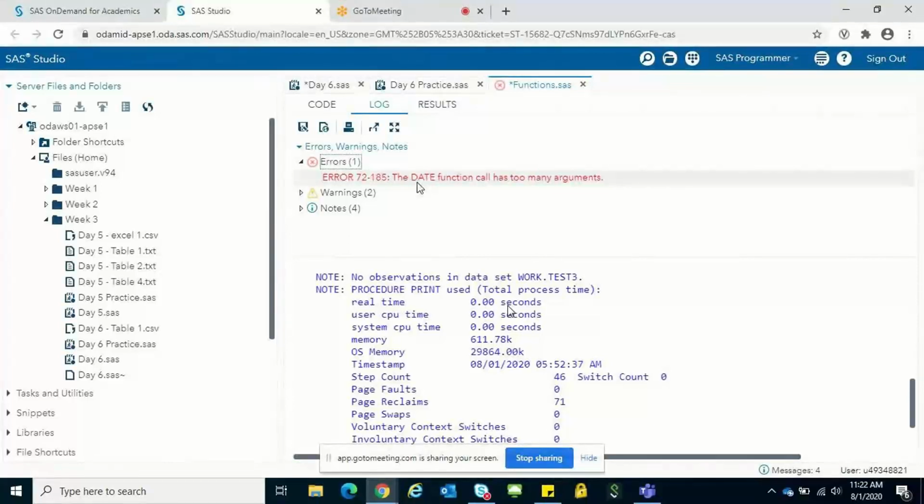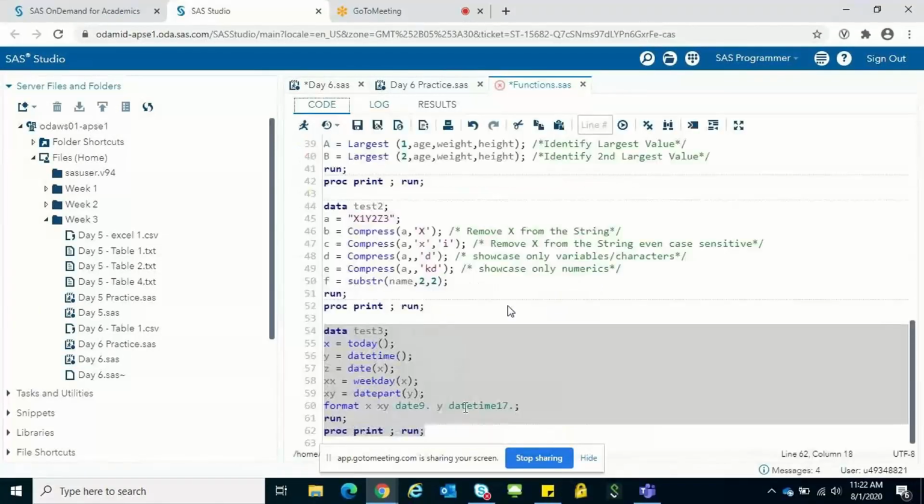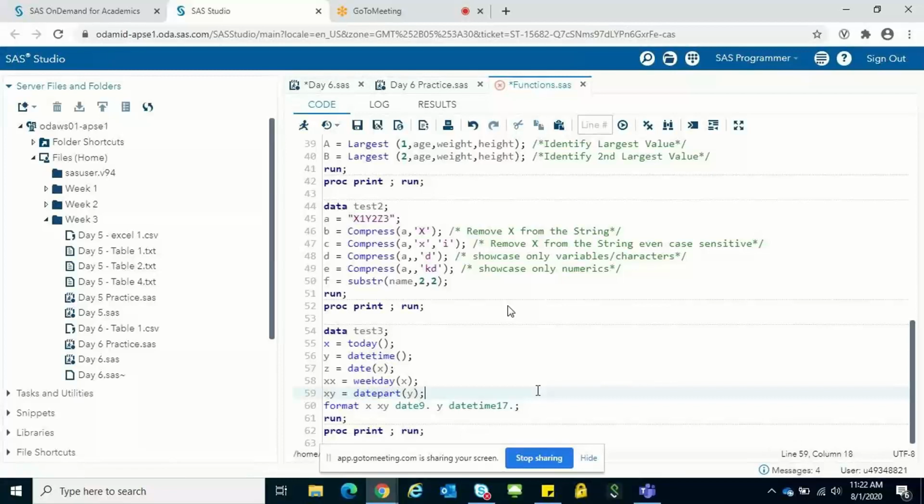Sure. The date function. Okay, show me the code again. Just change the Z1. Delete this Z1. Yeah, line number 57.